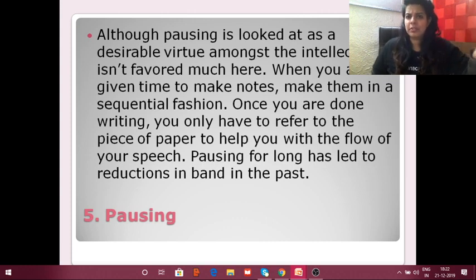So if you are pausing for long, it reduces the band. There have been so many cases in which pausing has reduced the band score. Yes, so pausing to that long extent is not considered acceptable. Okay,